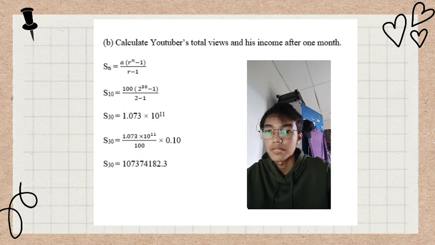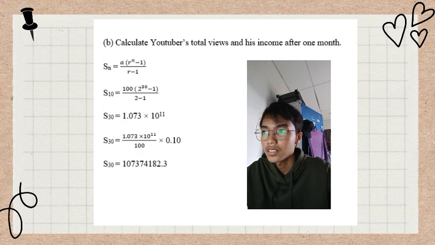Like before, we use all the information that we got before in question A. So we just put it in the formula in question B. So S30, we use 30 because we want to know his income after 1 month. So 1 month is equal to 30 days. So we put S30 equal to 100, open bracket, 2 to the power 30 minus 1, close bracket, over 2 minus 1. So at the end we got